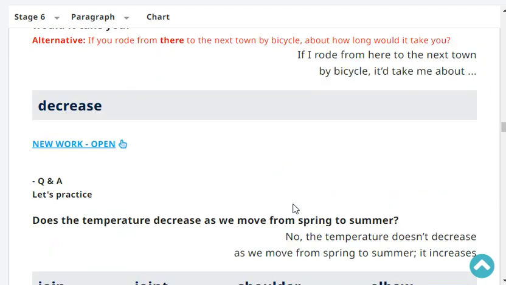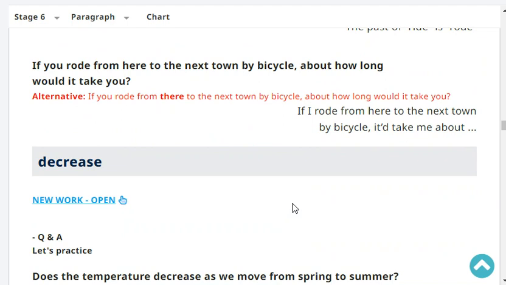If you rode from here to the next town by bicycle, about how long would it take you? If I rode from here to the next town by bicycle, it would take me about